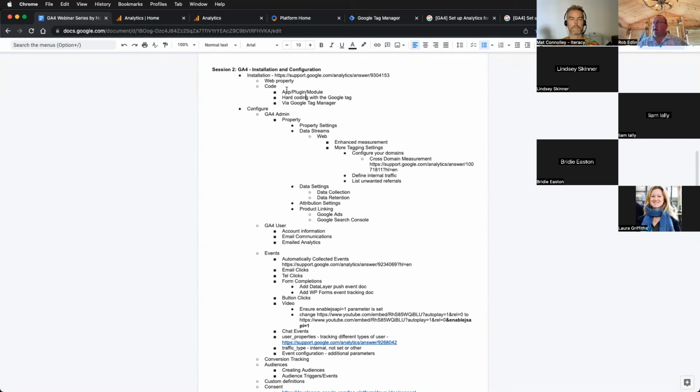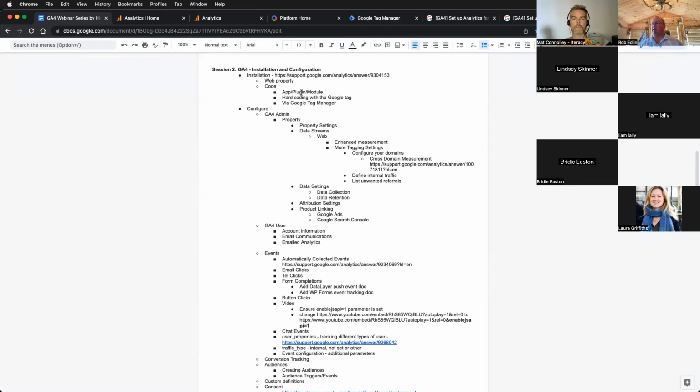The easy option is the app, plugin or module, because they're built to do the job for the platforms that you're working with. But the downside of those is most of them are charged for. WordPress and WooCommerce is probably the only one that has a free plugin. I think Squarespace may have a plugin now as well. All the others tend to be charged for, and we've actually written a GA4 application for Shopify that does